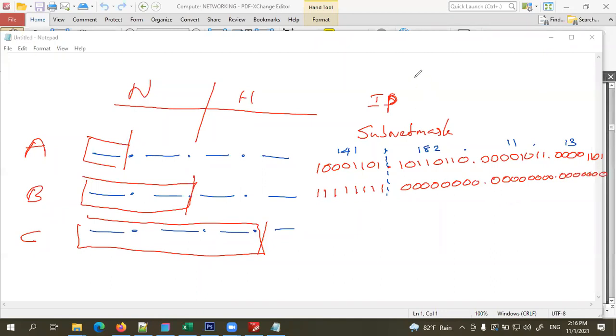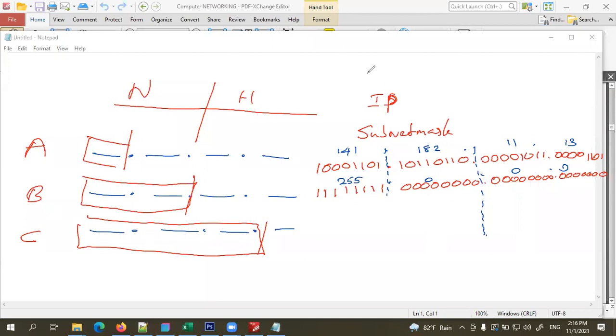If I convert this to decimal form, this is 255.0.0.0, right?